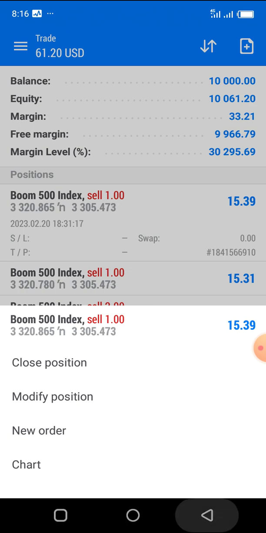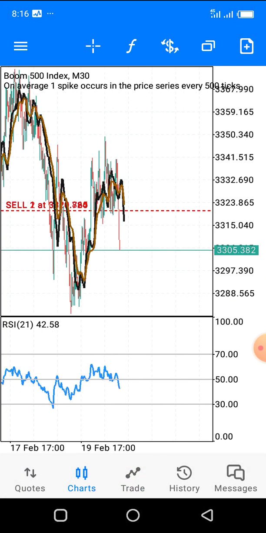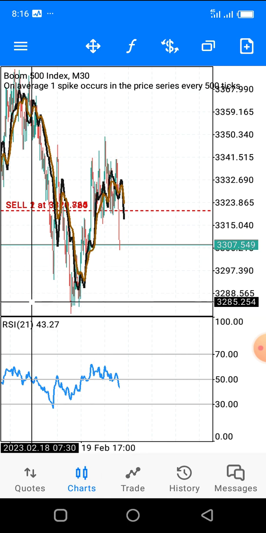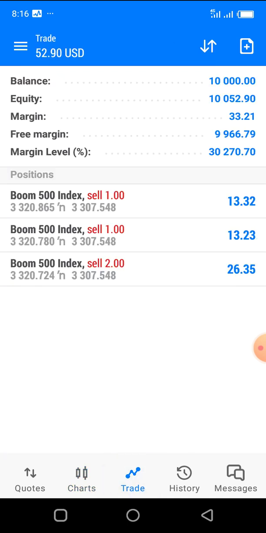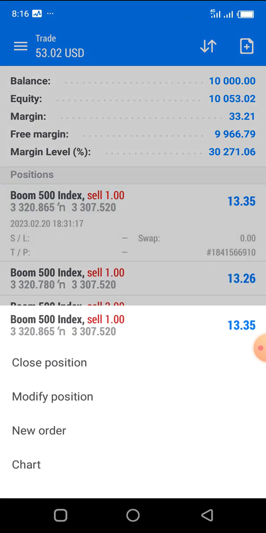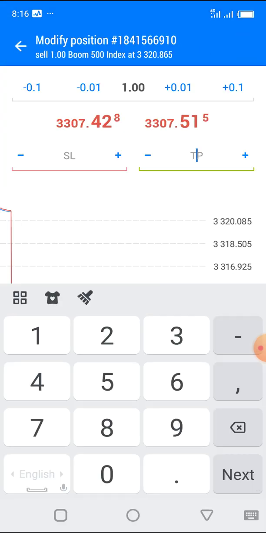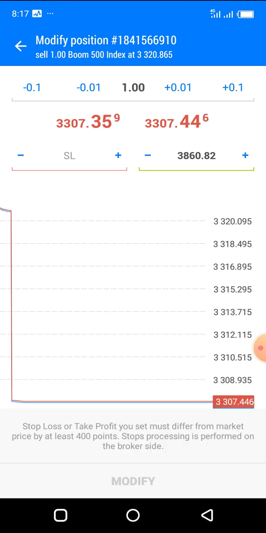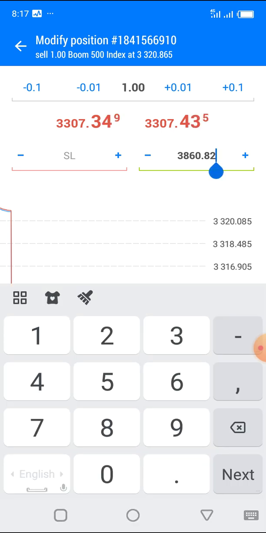Let me check again to avoid mistakes. 38.83.60. That will be my take profit zone. Modify position. 38.60.82. There's my take profit. Sorry,